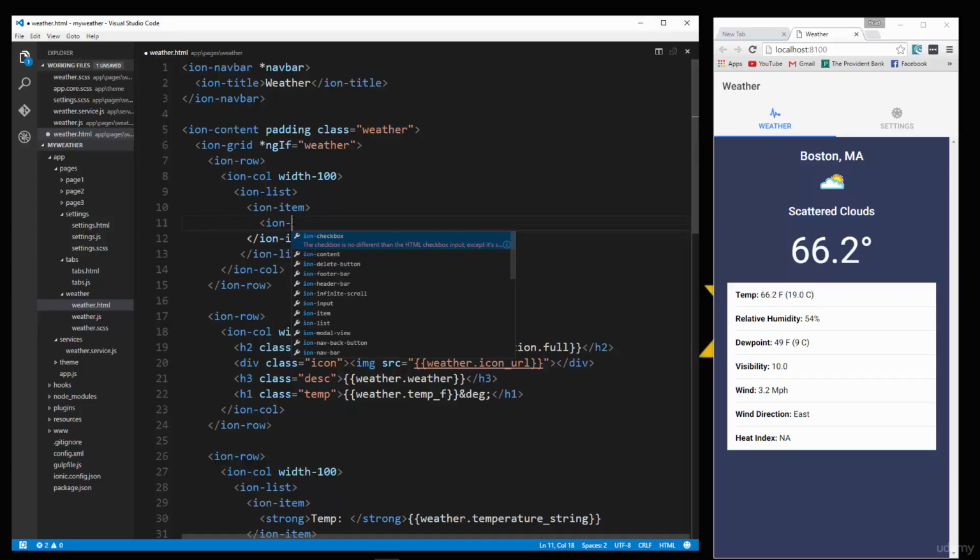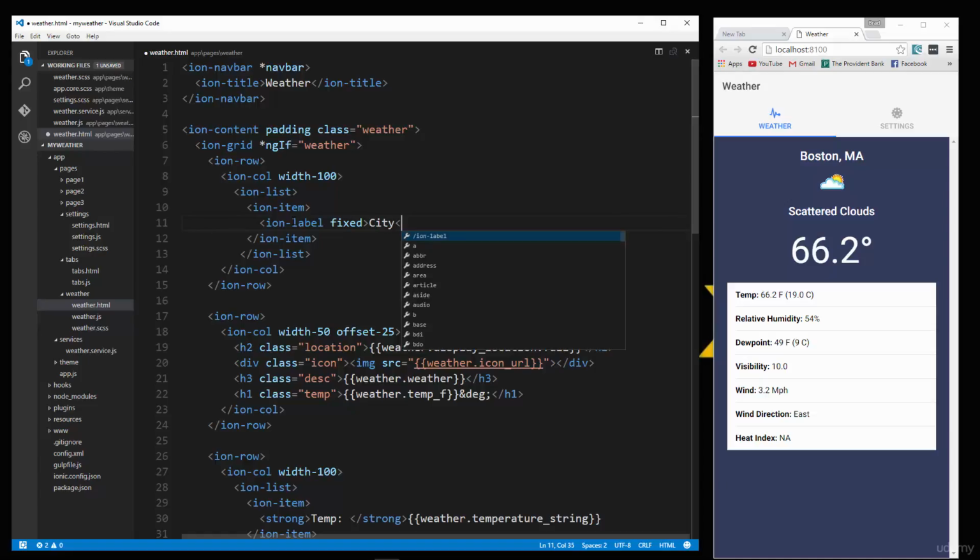So let's do iron label, and let's say fixed, and the label is going to be city,